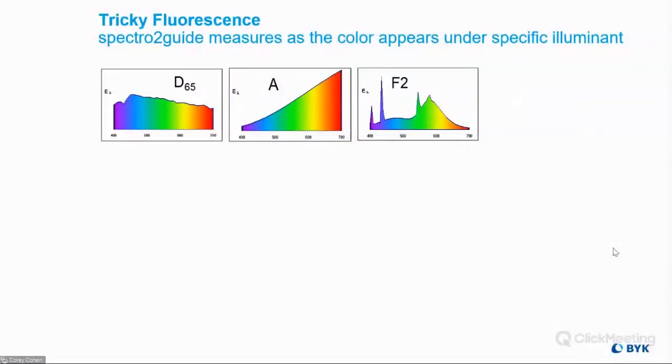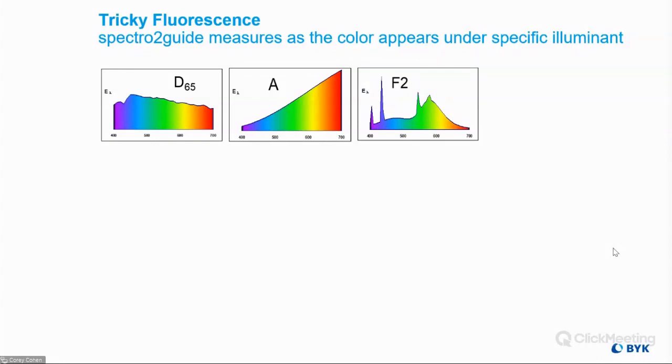So this is where the Spectra 2 guide differs from other color instruments that can also measure fluorescent colors. Each of those other color instruments has a light source that is xenon flash or tungsten or whatever, and there will be some UV component to that light source. And so it can measure that, as those color instruments shine light on a sample. Of course, if it's a fluorescent sample, fluorescence will happen and it will measure that color. But